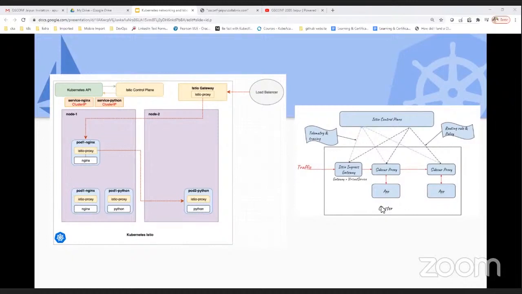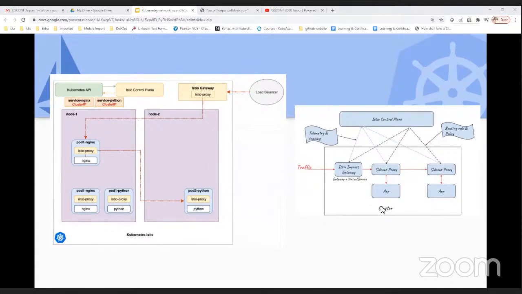As I told you, these are the Envoy proxies which run with istiod. These are server side proxies. And the proxies you see in pod 1, Nginx with Istio proxy, are client side proxies which run with your application. So if I'm hitting the application with the load balancer, it will first hit your Istio gateway. From the Istio proxy, it will get connected to your Istio proxy, and behind the Nginx, my Python pod is running, and it will get connected to your Python application.